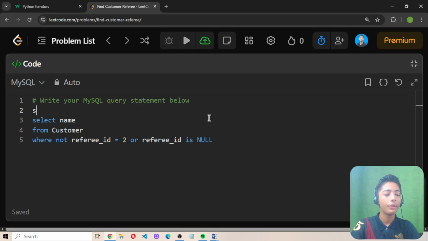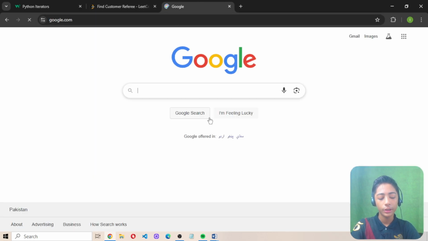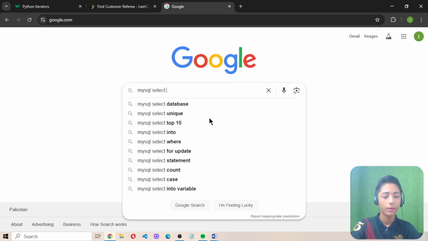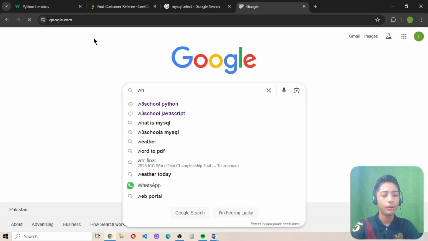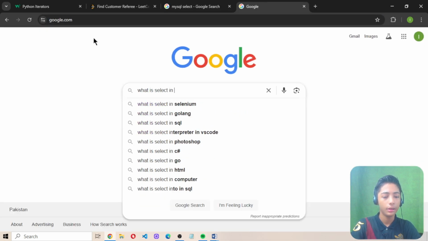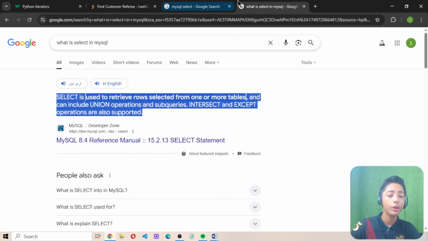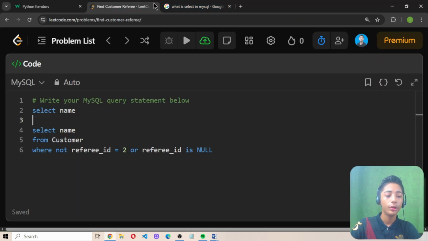So now what are we going to do? First of all, we define a select in which I write name. If you do not know what a select is in MySQL, let me show you MySQL select. It will tell you what select is in MySQL. Selects are used to retrieve rows selected from one or more tables. Okay, so I hope you understand. Then from customer,